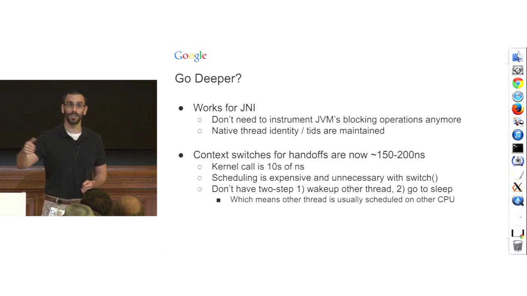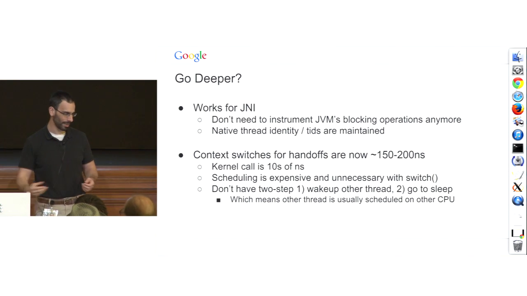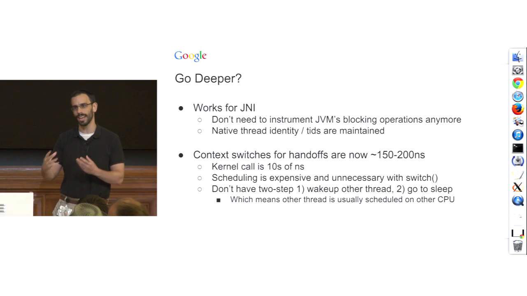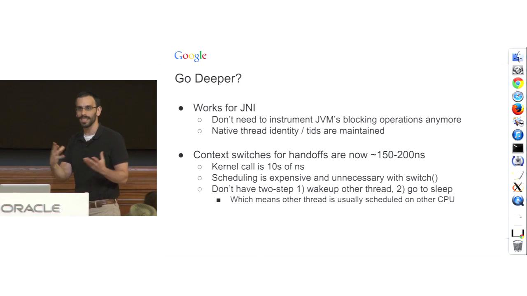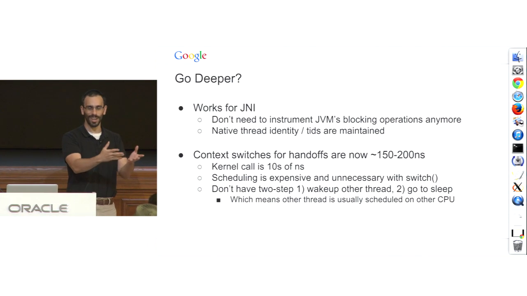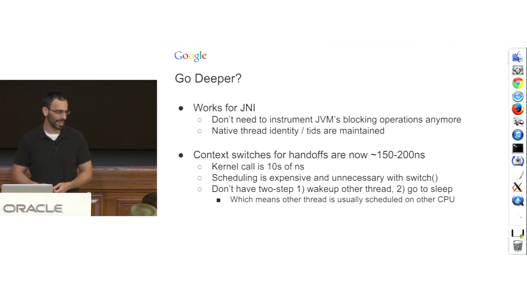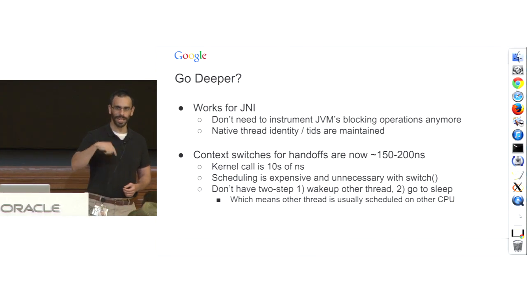The kernel call itself turns out it's really cheap. The hardware vendors have been working for years making the kernel calls really, really cheap. You don't need to do the scheduling. The scheduling turns out to be the expensive part of a context switch, having the OS decide what thread to schedule next. And you also save this interesting phenomenon you get where if I want to wake up that guy